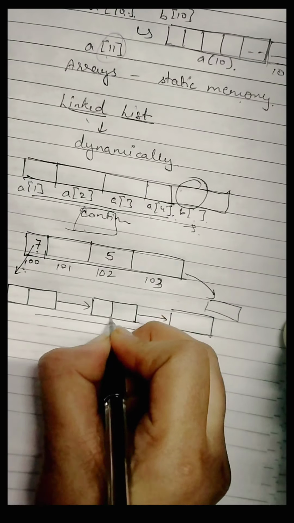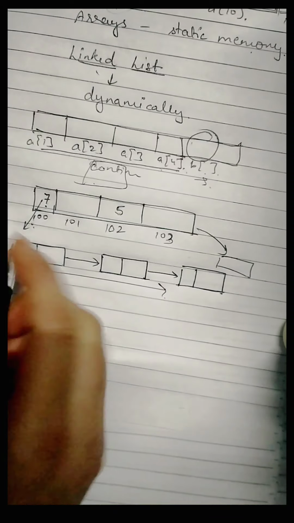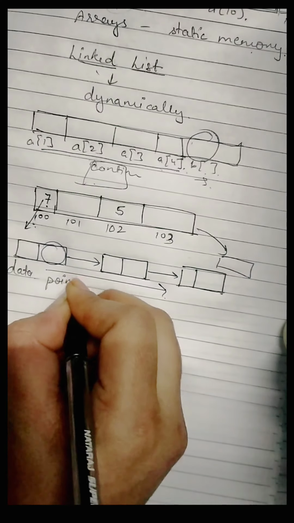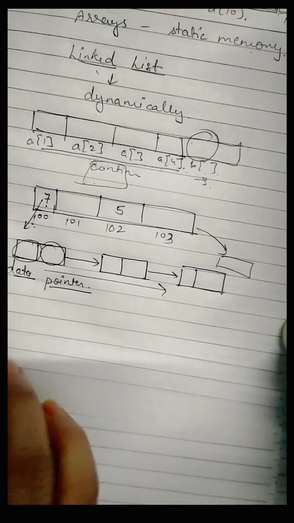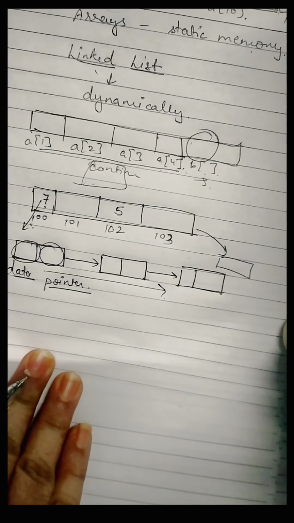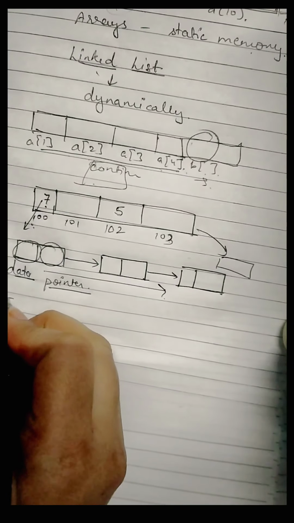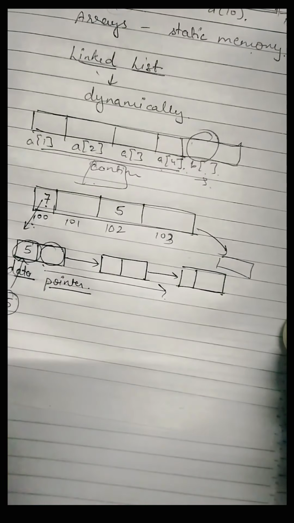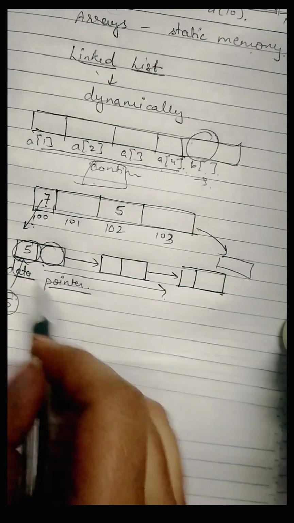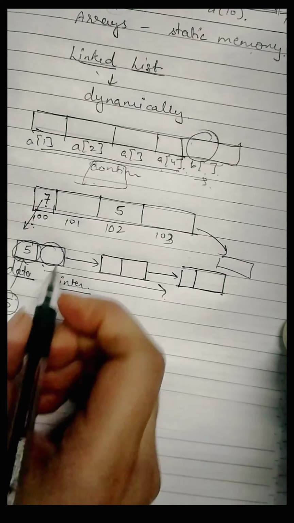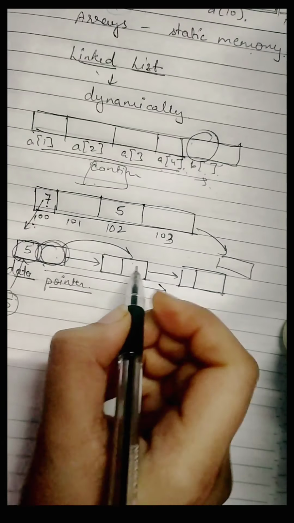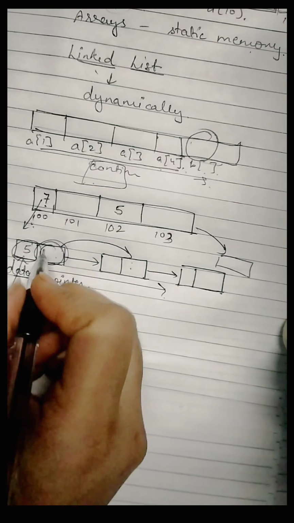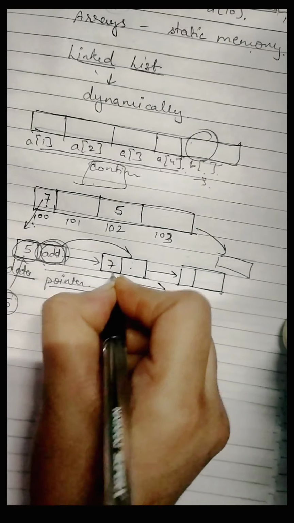Now this also has two parts, since we have the data as well as the pointer. In a linked list, the data is simply to store whatever data you need for the memory to be allocated. So for example, if I am putting 5, it will store 5 in the data section. Now since memory is allocated in a dynamic way, there is no location that is specific or continuous. The pointer contains the address of the next memory location in the memory space. For example, the 5th element will contain the address of the next element, for example 7.